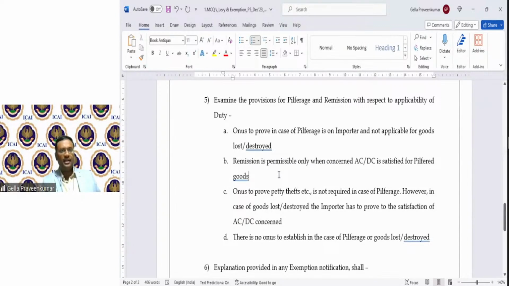Clause number B. Remission is permissible only when the concerned AC or DC is satisfied for pilfered goods. Clause number C. Onus to prove petty theft, etc. is not required in case of pilferage. However, in case of goods lost or destroyed, importer has to prove to the satisfaction of AC or DC. Clause D. There is no onus to establish in case of pilferage or goods lost or destroyed.